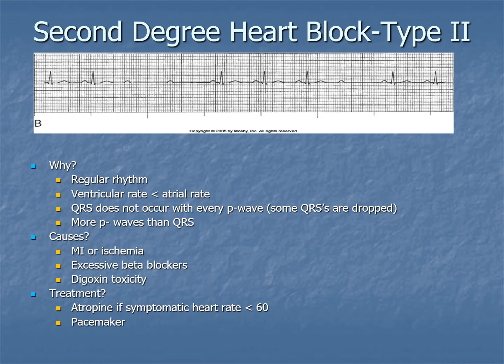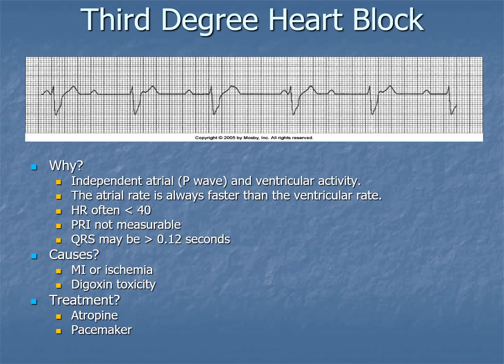But just monitor them. If it's in a steady state, they may or may not actually treat it. But as you go from a first degree to second degree, and I'll talk in a moment about third degree, they tend to be progressively more life-threatening or more serious, and they need to be monitored and probably intervened with. So before I actually go into the actual causes of third degree and the manifestations of third degree heart block,